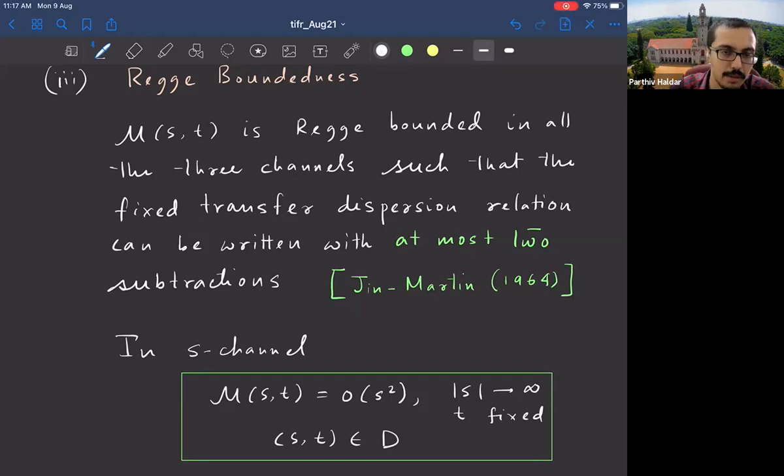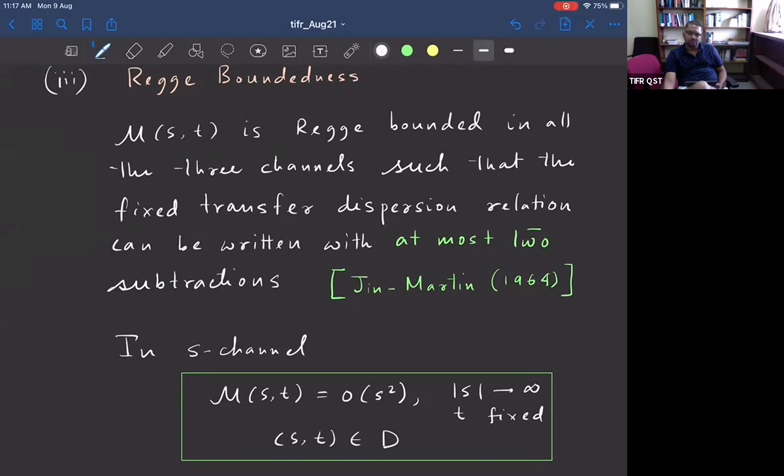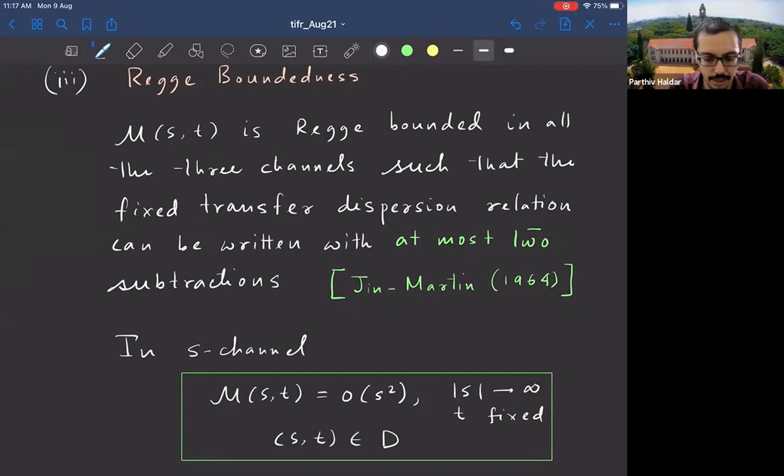In the S channel there is a bound, and then there will be a similar bound in the U channel by symmetry for fixed dispersion relation. These two actually allow you to write down that M(s,t) has to be less than s squared. This is by virtue of a theorem called the Phragmén-Lindelöf theorem. But there is another proof where they use the particular nature of the structure, which is called typical realness, maybe I will tell towards the last, which allows you to put this bound. But either way, yes, you are right. It's related to the Froissart-Martin bound.